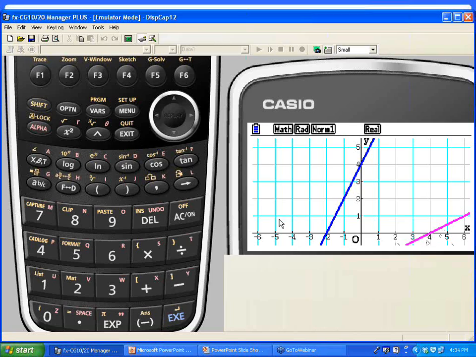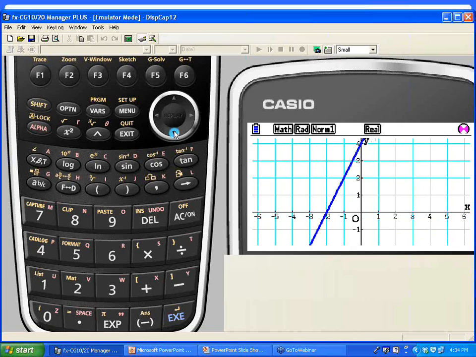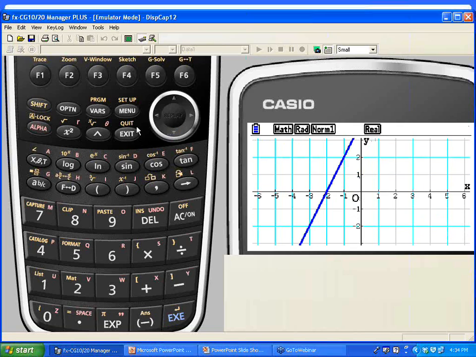In order to see this a little better, I could go back and maybe I decided, well, maybe I do need to see more of the graph from below. We could toggle down a couple of notches and then go back and hit Shift, Sketch, and sketch the inverse again. Now I can see it a little more clearly. Let's verify the points. -2, 0 was this point on the relation. So on the inverse is 0, -2 on my graph, and you can see that is.